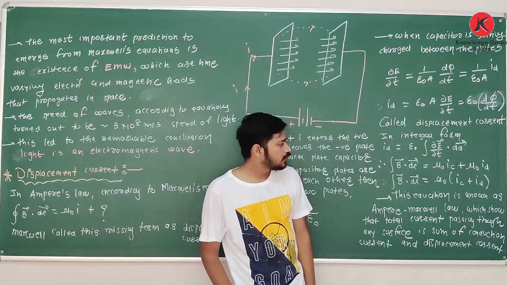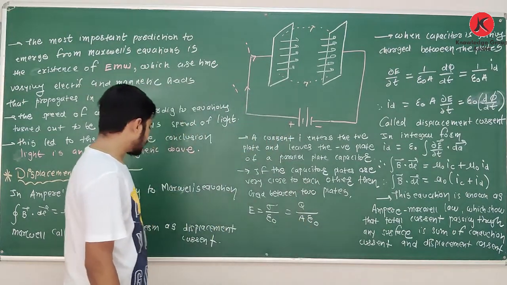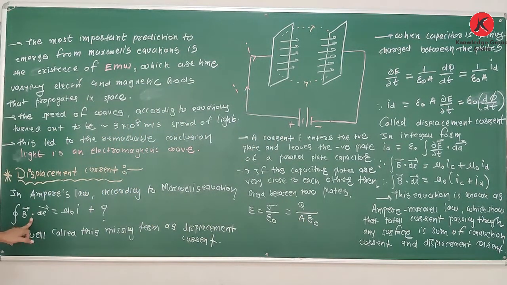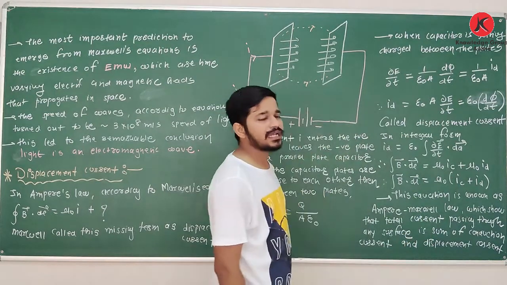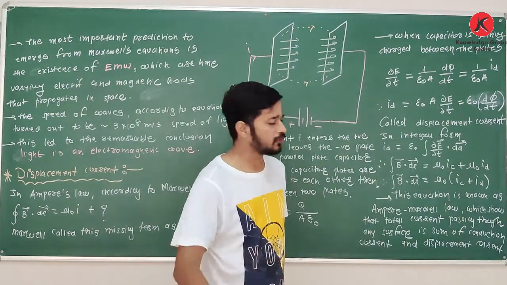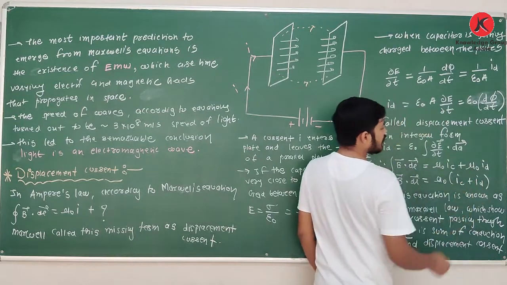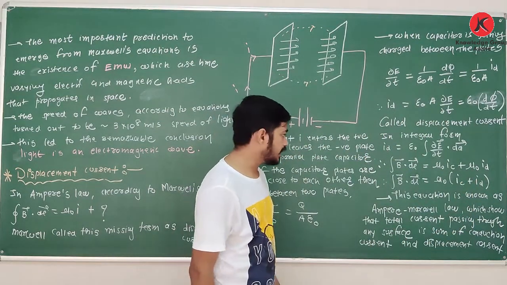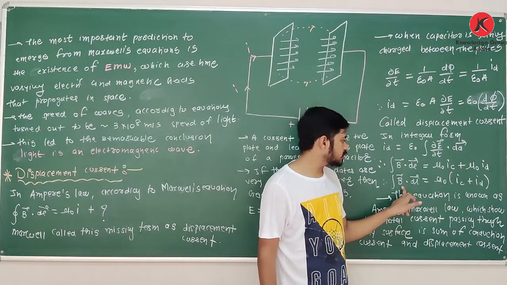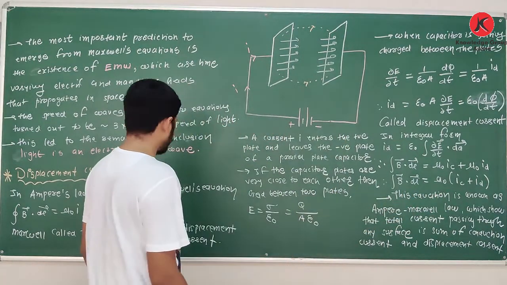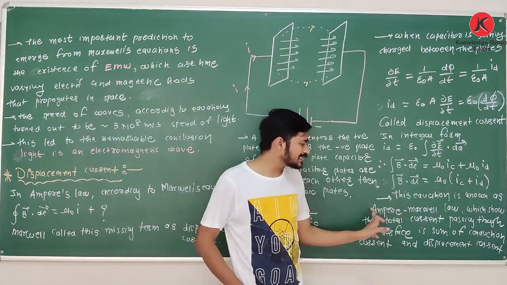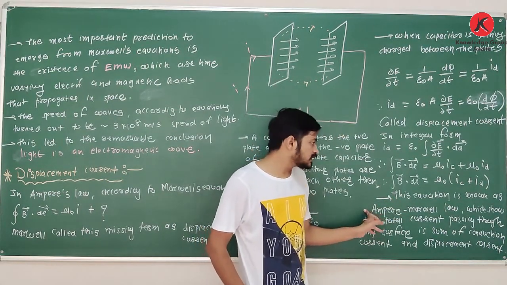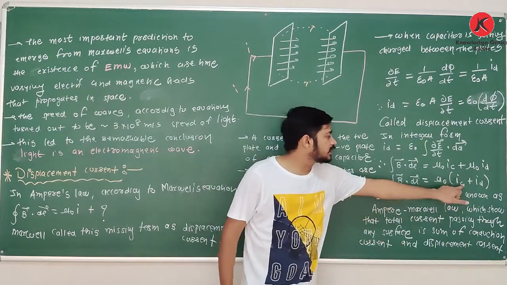Clear about this? So now how to write Ampere circuital law? Integration B dot dl is equal to mu 0 I plus, here it is, mu 0 I. Now this I is replaced by IC. Why we have to write IC? I will explain. IC plus mu 0 ID. So mu 0 common, integration B dot dl is equal to mu 0 times IC plus ID. And this equation is known as the Ampere Maxwell law, which shows that the total current,